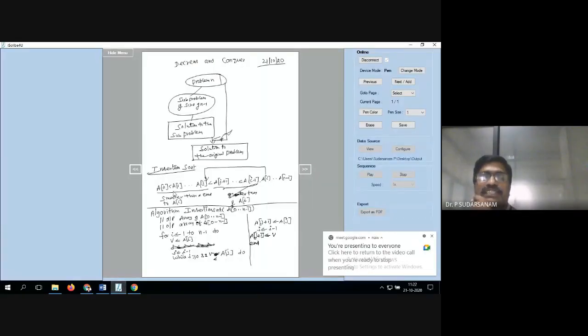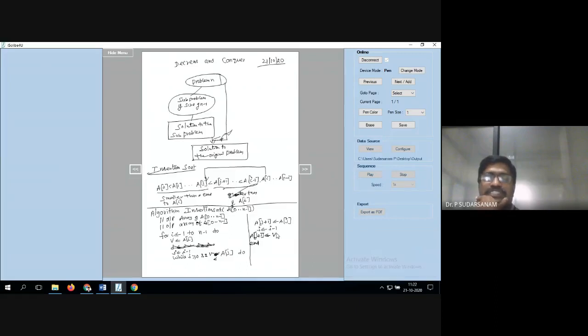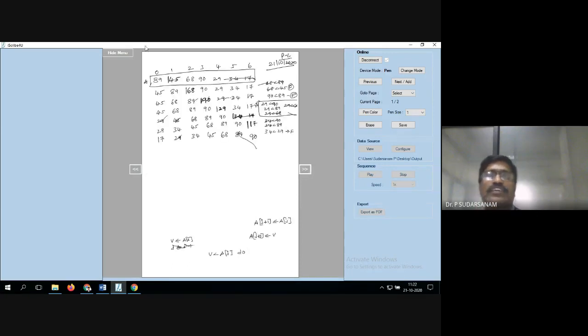See here, now you can see this statement: A of 0 less than A of 1 less than dash dash dash A of j less than A of j plus 1. Suppose up to here the less than symbols are there, then it is greater than A of I. Now when you are comparing this, this, this, when the condition becomes false here, you have to copy it here. So up to here these values are moving. That's what this statement is, and that is the reason I have written it. Now just a simple condition: the first loop starts from here to here.